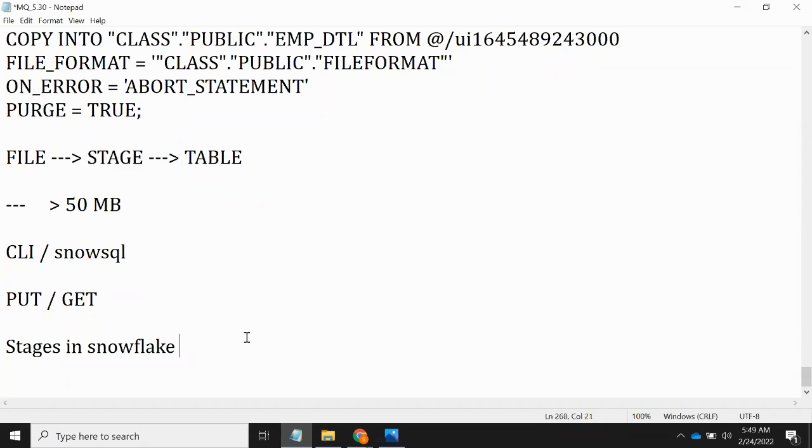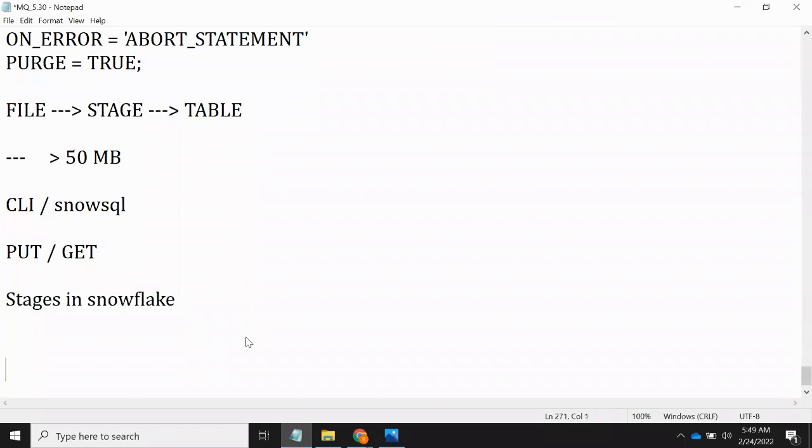Okay, just remember this. Now, what are the stages we have? First, we will come to the user stage area. We have three types of stages: user stage, table stage, named stage. What is the difference between each stage? In different scenarios and requirements, we will use different stage areas. Coming to the user stage,